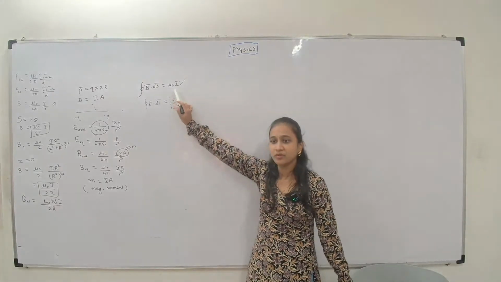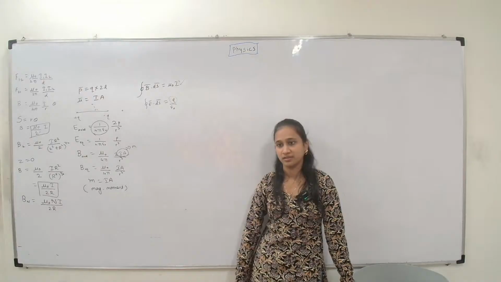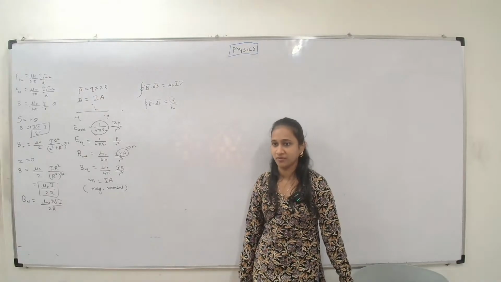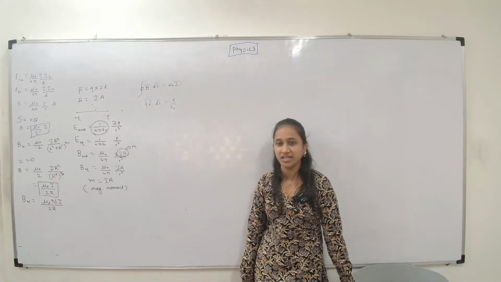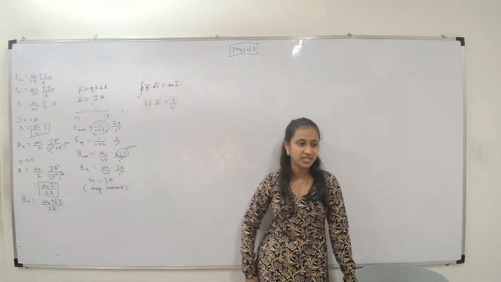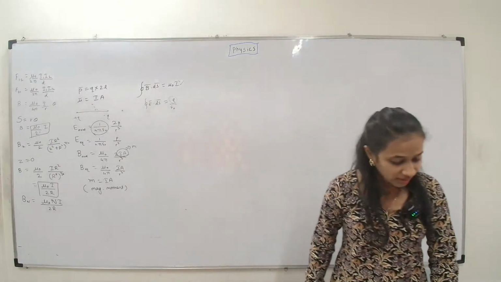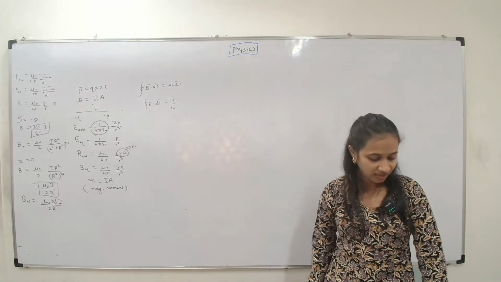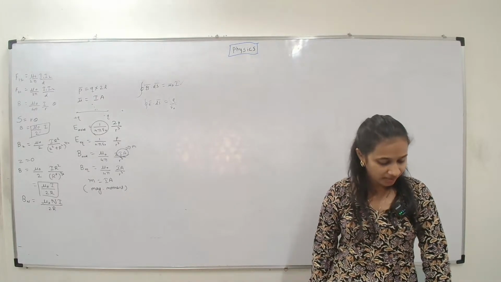On right hand side, mu naught is your constant, that is permeability, depend on the material or the medium over there, and I is the total current enclosed by this area. ठीक है, जैसे integration है. Now see, the current I on right hand side is the net current enclosed by the Amperian loop,